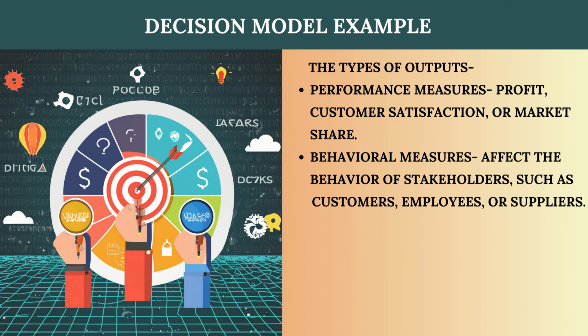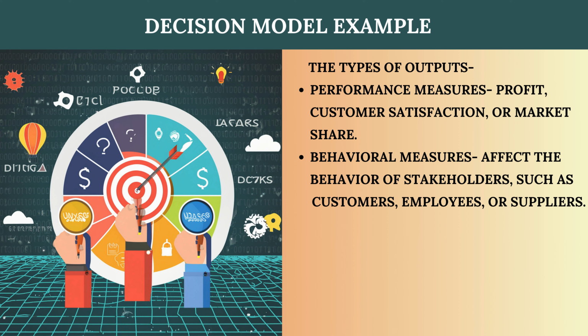These are metrics or indicators that help us to evaluate how well the decision is performing. It could be something like profit, customer satisfaction, or market share. Another type of output is behavioral measures. These give us insights into how the decision might affect the behavior of different stakeholders, such as customers, employees, or